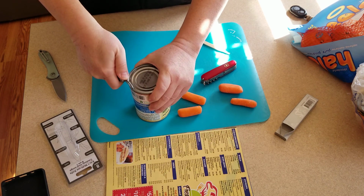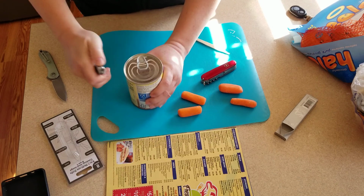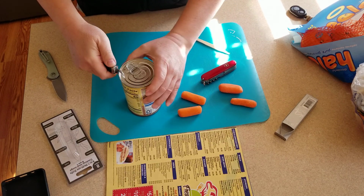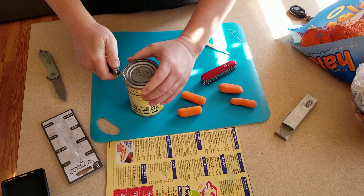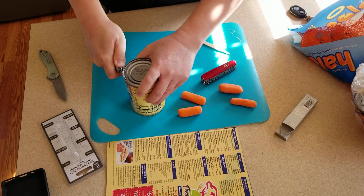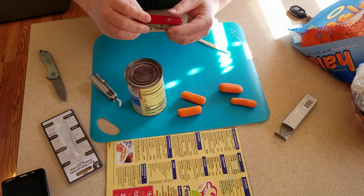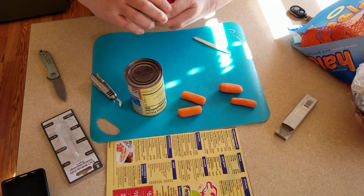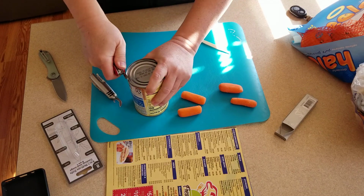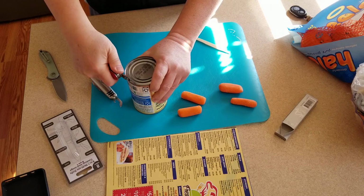Okay? I'm going to try this side. You know what? This is one of those, I guess, cans that you... it's not grabbing. Let's try with the Victorinox. Grabs. And